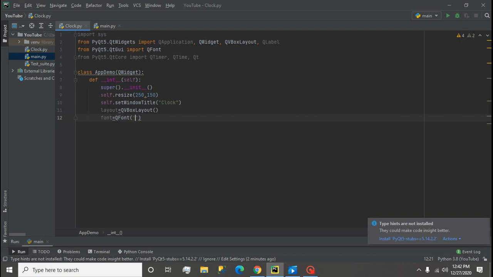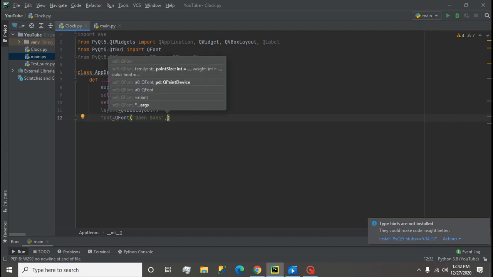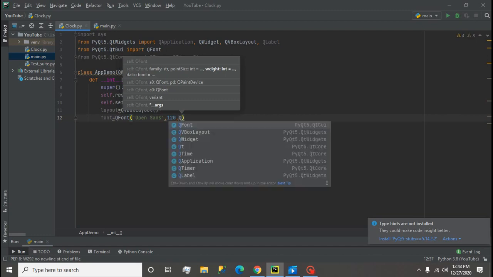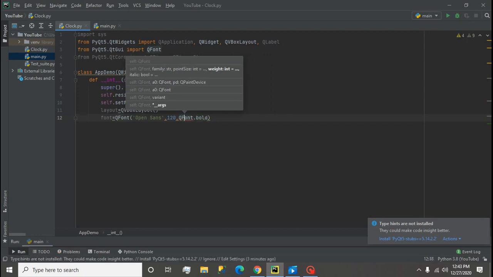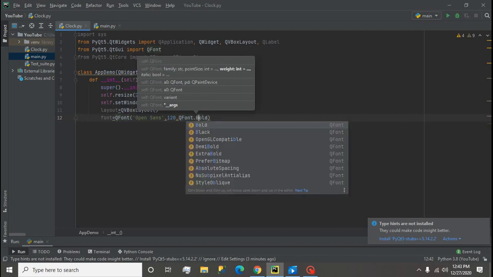My font family is Open Sans, then my size will be 120, and then will it be bold or normal? I mark it as bold. So I write QFont.Bold. This F should be in capital and this B also should be in capital.